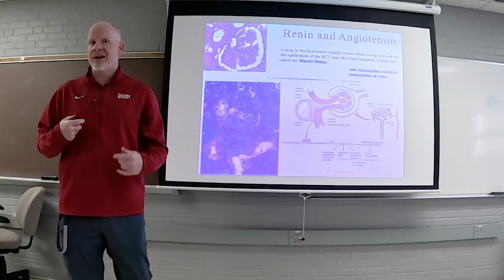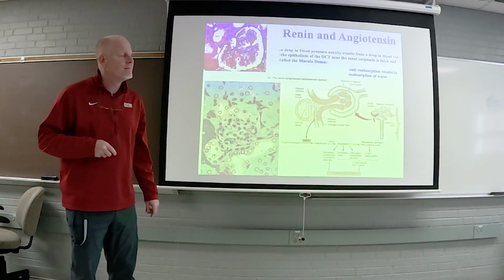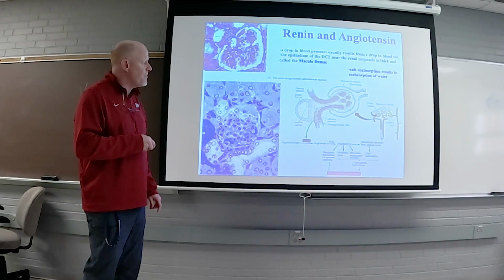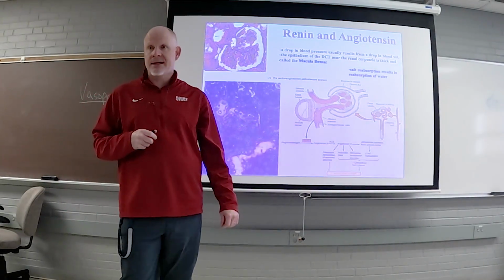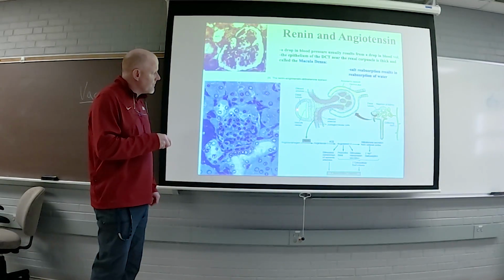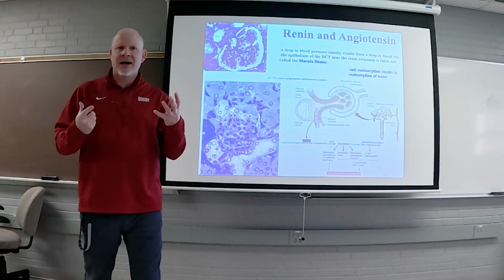It becomes really tall. Histologists notice these little things. And this taller epithelium has a name. It's called the macula densa. Whereas the rest of the distal convoluted tubule is mostly cuboidal